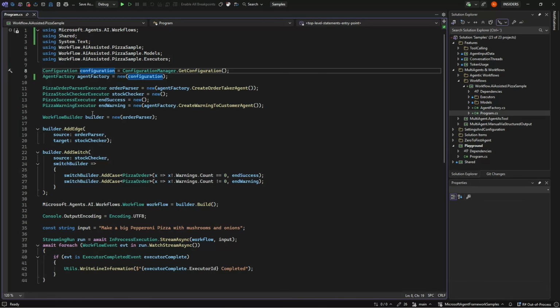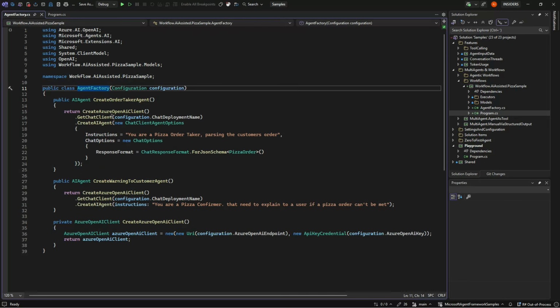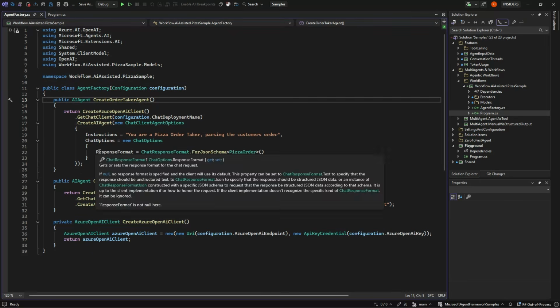First up, we have our configuration, just our setup of our agents, and we have made a small agent factory here just to fill it out, because we need two agents.